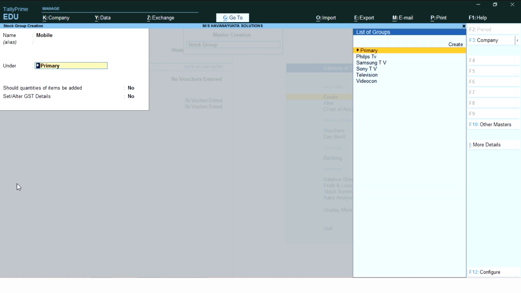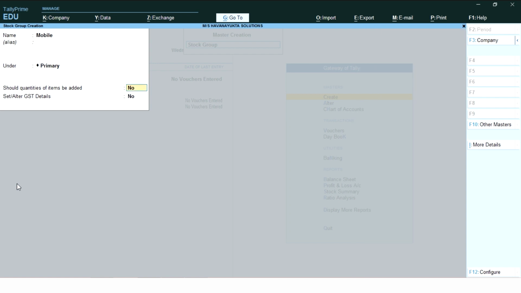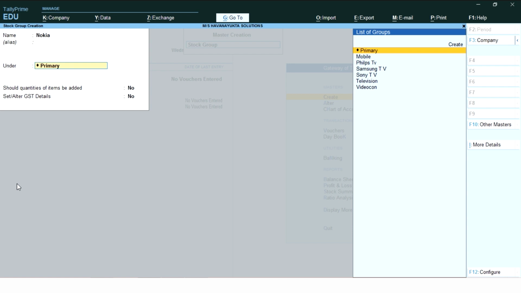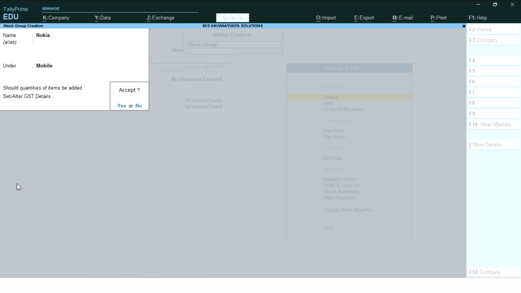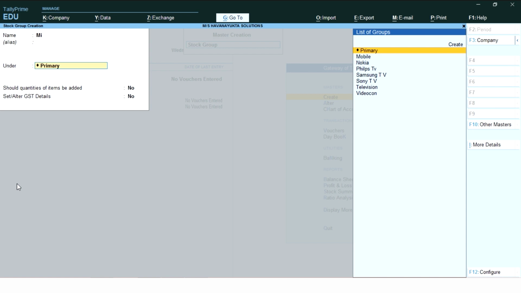Here we should not group it under Philips, Samsung TV, television or Videocon TV. It is a separate category. So we go with Primary here, and we'll enable "Should quantity of item be added" to yes, and accept the screen. Now we can create the companies who sell mobiles. We go with Nokia, which will be grouped under mobile. Similarly, we create MI under mobile phones,